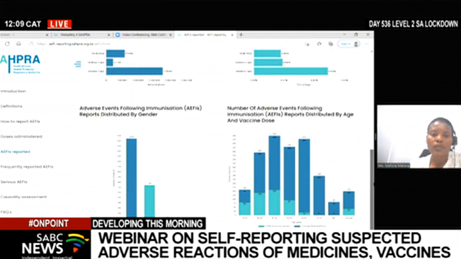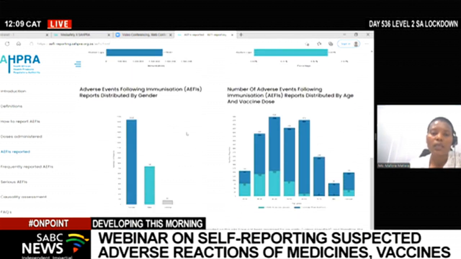And then as we move down, we've got the adverse events following immunization distributed per gender, as well as by age, and stratified per vaccine. For instance, you can see that the blue part is for Comirnaty, while the greenish part is for the COVID-19 Janssen. And